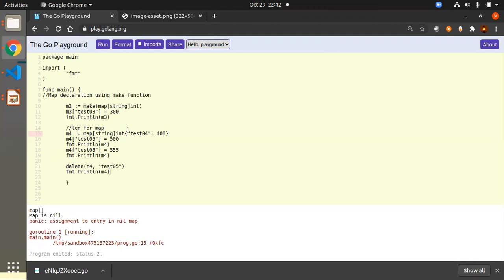So for this example, in earlier case, we have the empty braces for empty map, but here we are giving the key and value here itself, which matches the type what you have mentioned here. So string and integer, it matches the string and integer, so you are creating. And after also you can add the values by using the key and value pairs. So that also I'm doing and printing the M4. And after I'm adding some more value, okay, fine. Then M4 printing. So this way you can see, but again, if you want to see the length function, for example, what is the len function? Let's say rather than M4, I will just create len.